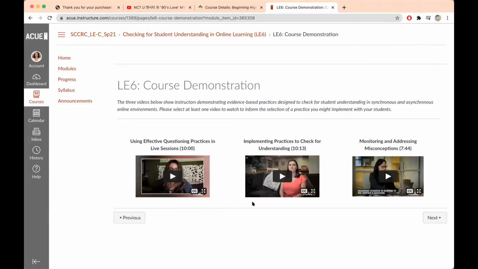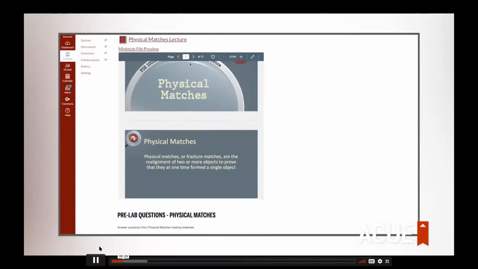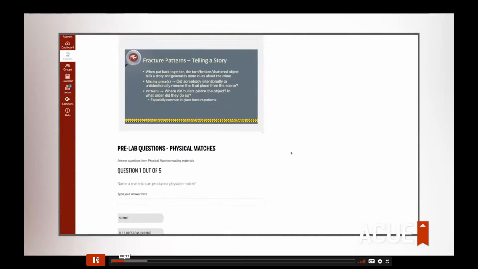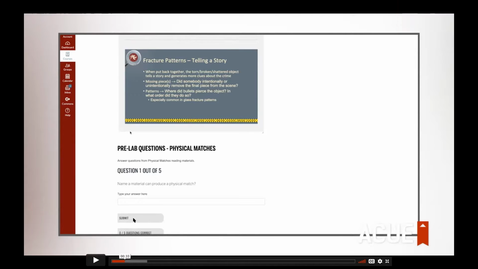If I can share my screen, I can show you an example really quickly. Yeah, I think you have the ability to share your screen. Okay, so it is this one. The questions are embedded in a page with the learning material. So if that learning material is a video, maybe a lecture you recorded, maybe PowerPoint slides, or even just reading an article, you can see right here below the videos that she actually has some questions that students can complete right there on the page.